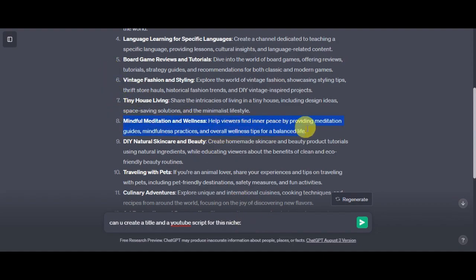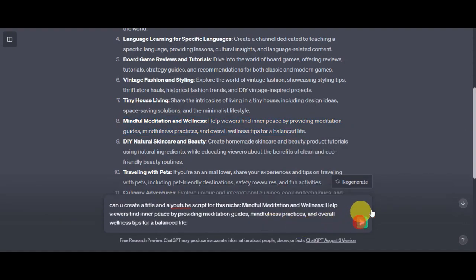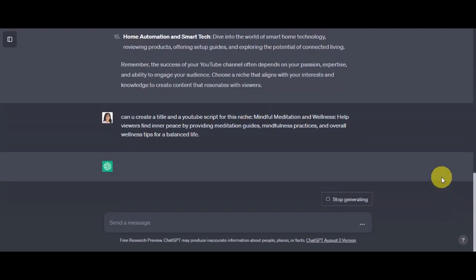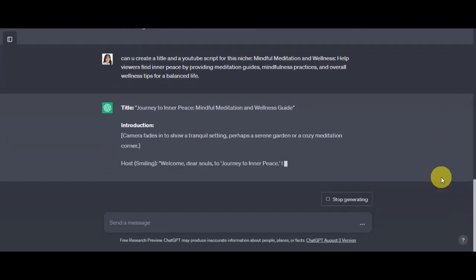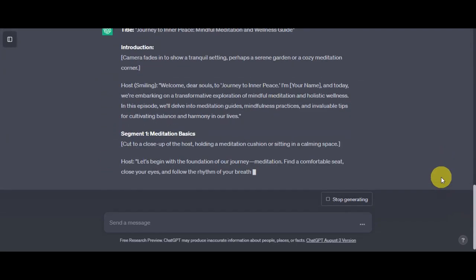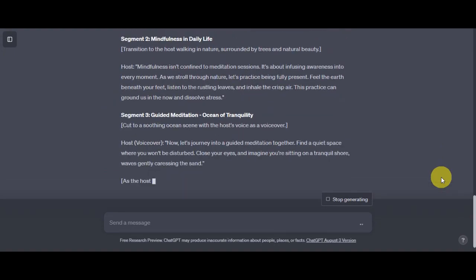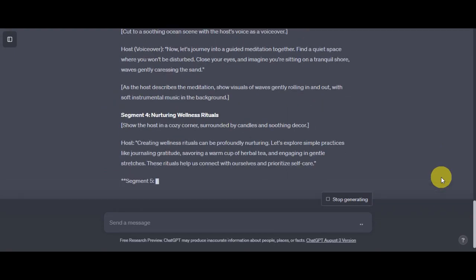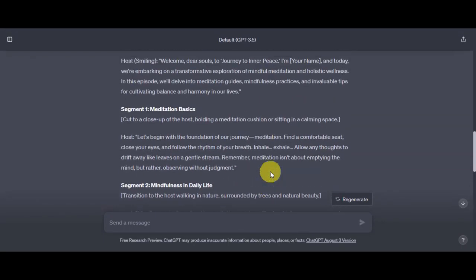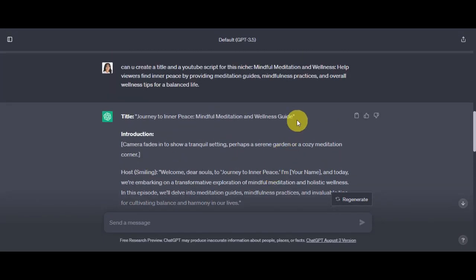When you ask it for a script, you give it some details or a prompt related to your niche. It then uses its understanding of the topic to generate a script that fits your niche. So it's like having a virtual brainstorming partner that uses its knowledge to help you create content that's relevant to your chosen topic. And once you have the script ready and the title as well, it's time to create your